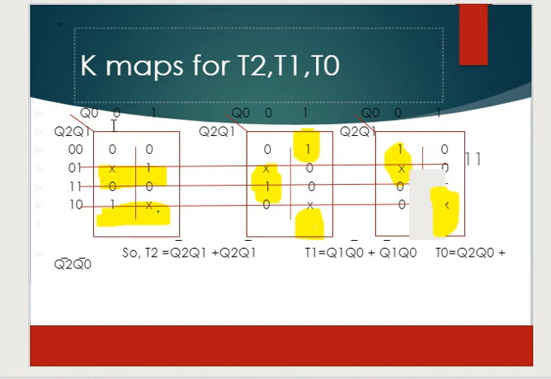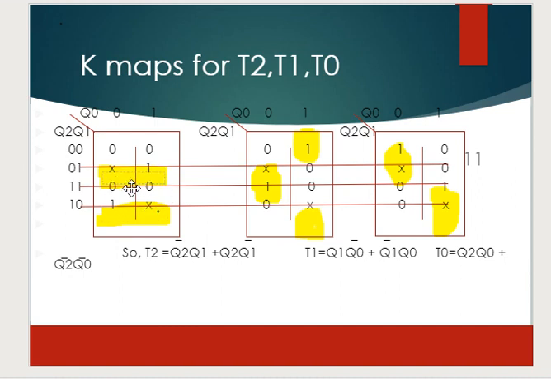As you can see on the screen, this is the K-map for T2, this is the K-map for T1, and this is the K-map for T0. After doing all the K-map work, we'll get these equations, as you can see on the screen.